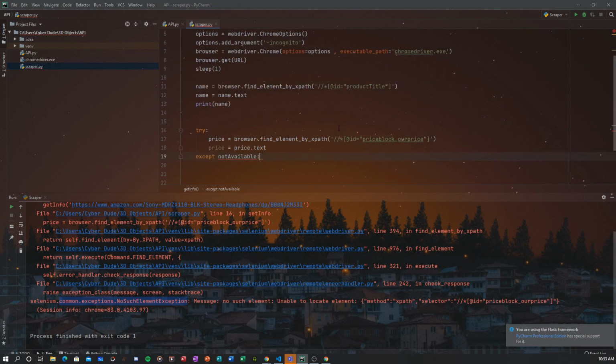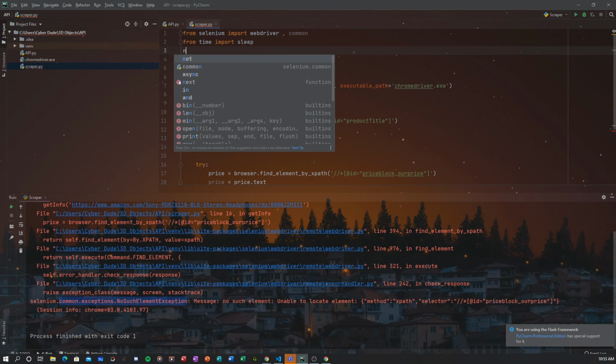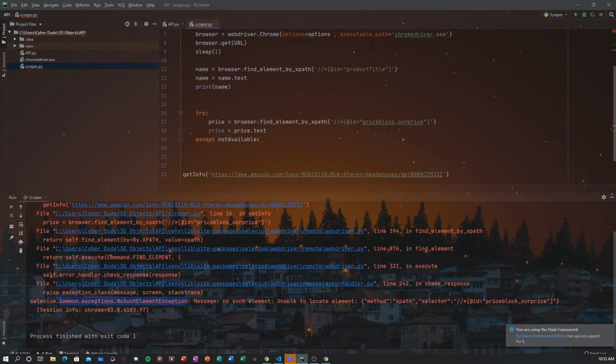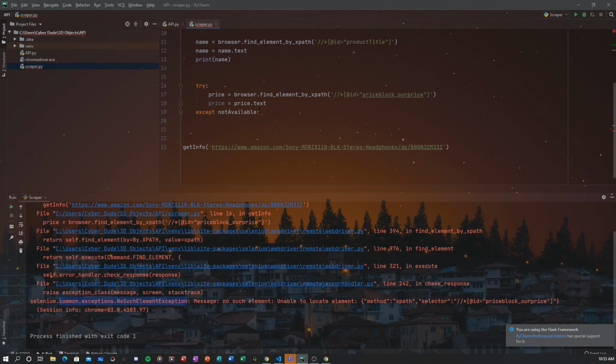So we're going to say not available, and we're going to set that equal to common dot exceptions dot no such element exception, which is the same exception we got here. So except not available, which is going to say price, and we're going to just set that equal to two dashes maybe. So this is how we use the try statement for data that may or may not be present.